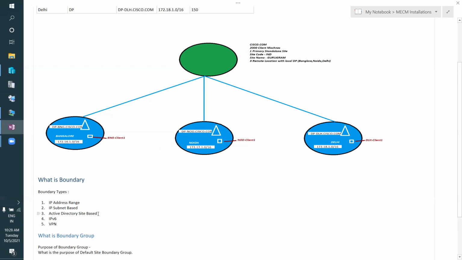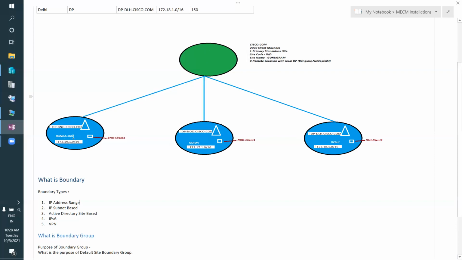The third one is Active Directory site based. Most companies use Active Directory sites in remote locations. For example, this is your head office cisco.com, but in your remote location you have also created another child domain controller here. The child domain controller name is bangalore.cisco.com.